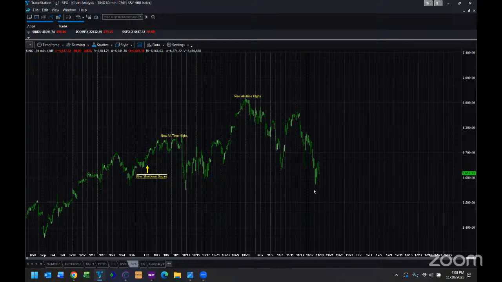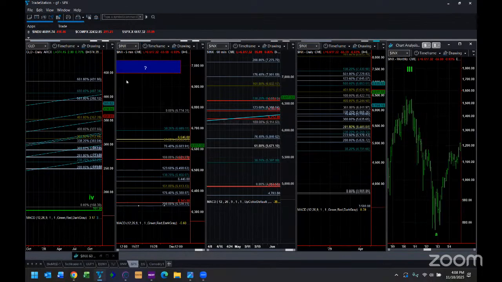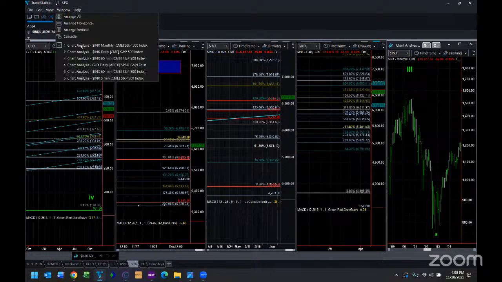So this is just one example of how you really cannot pay attention to a lot of what is out there in the noise. And that goes for economic reports as well. I could show you study after study that will explain why following economic reports will get you on the wrong side of the market more often than you believe. So we really don't pay attention to what is going on out there. Rather, we look at what sentiment is telling us based upon what the charts are showing us.